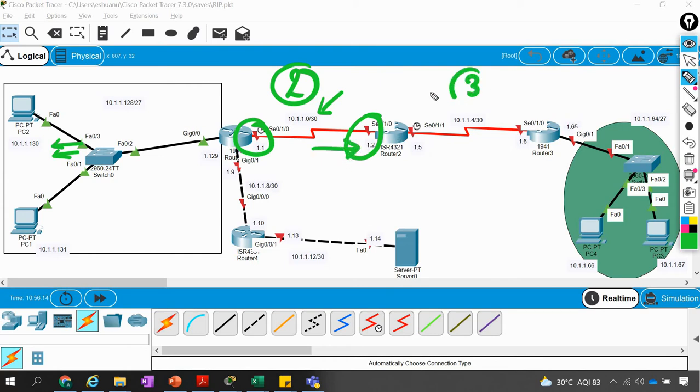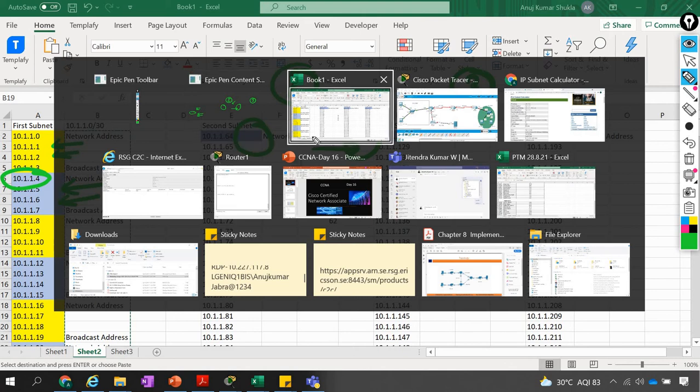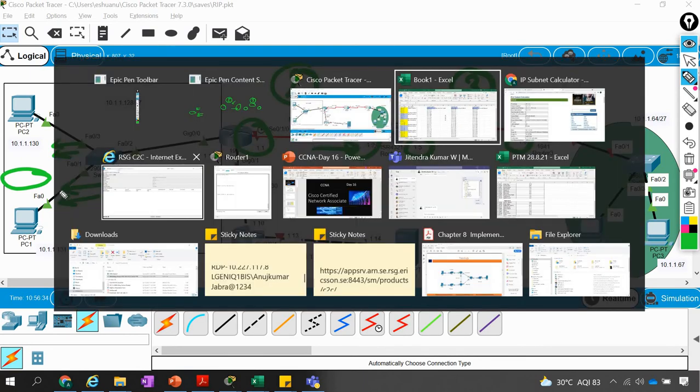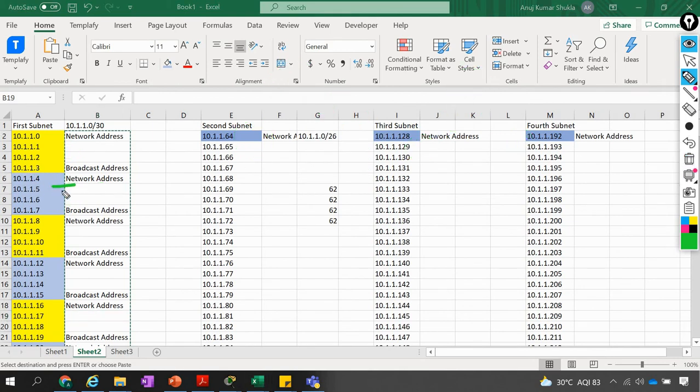This was our third network, and in the third network I'm going to use these usable IP addresses, dot 5 and dot 6. What will be the network? Network will be this 10.1.4. I have written 10.1.4 slash 30, and the IP addresses will be 1.5 and 1.6. These are the usable IP addresses, 1.5 and 1.6. Let me delete it now. So you keep on using this one. Now we can use dot 9 and 10. Then we can use 13 and 14. Then we can use 17 and 18. They all belong to different networks.